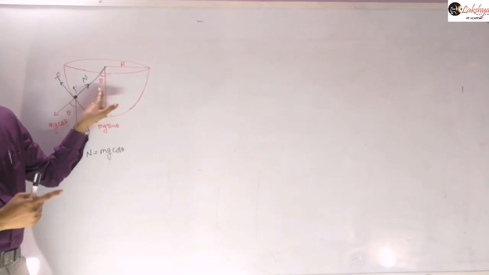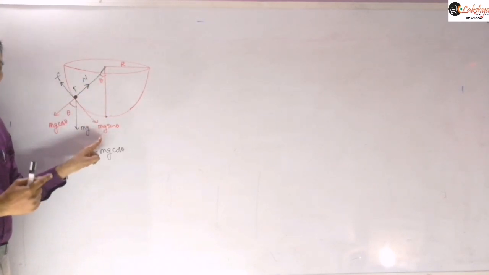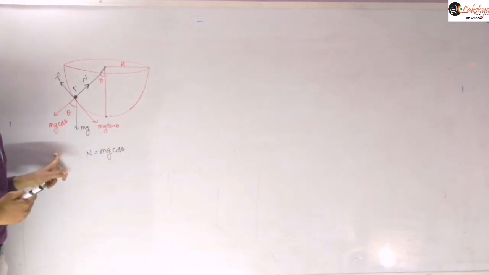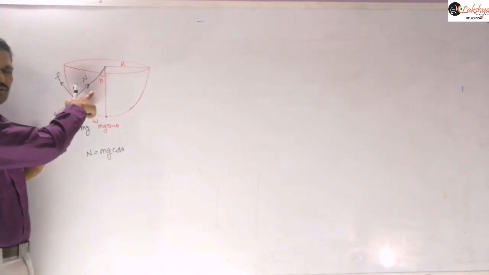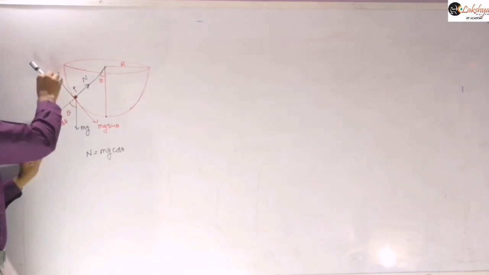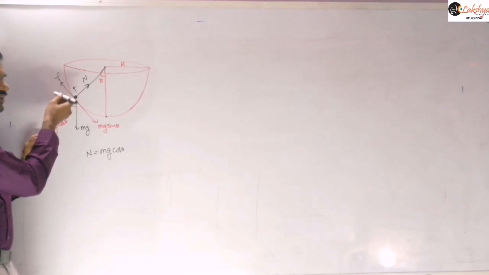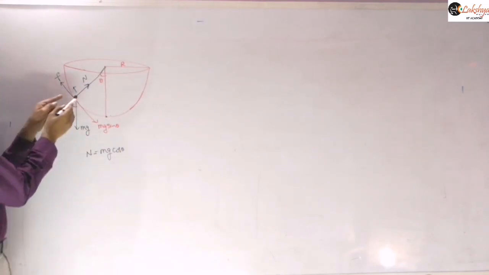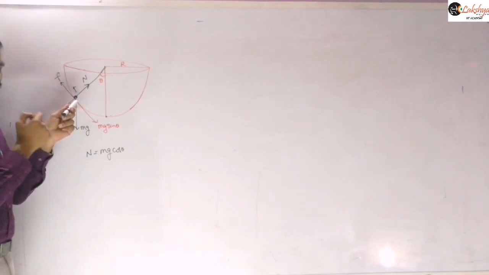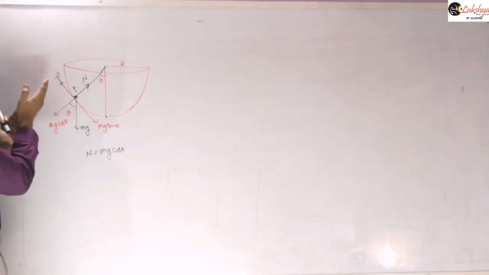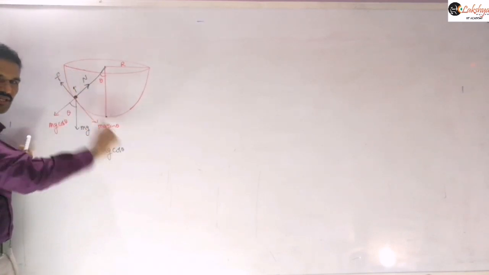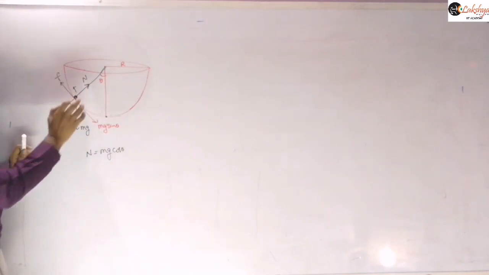If this insect is moving further up, then this theta value increases, right? If theta increases, then the mg sin theta value will increase and the mg cos theta value will decrease. Mg cos theta decreasing means the normal reaction decreases, and thereby the limiting friction value decreases. So this force further decreases if it goes beyond this, but this force is increasing. Suppose this is the maximum position, the maximum height raised by this insect. From this position, if it moves further up, theta will increase, and as mg sin theta increases, it will slip down. That will be the position we are considering.